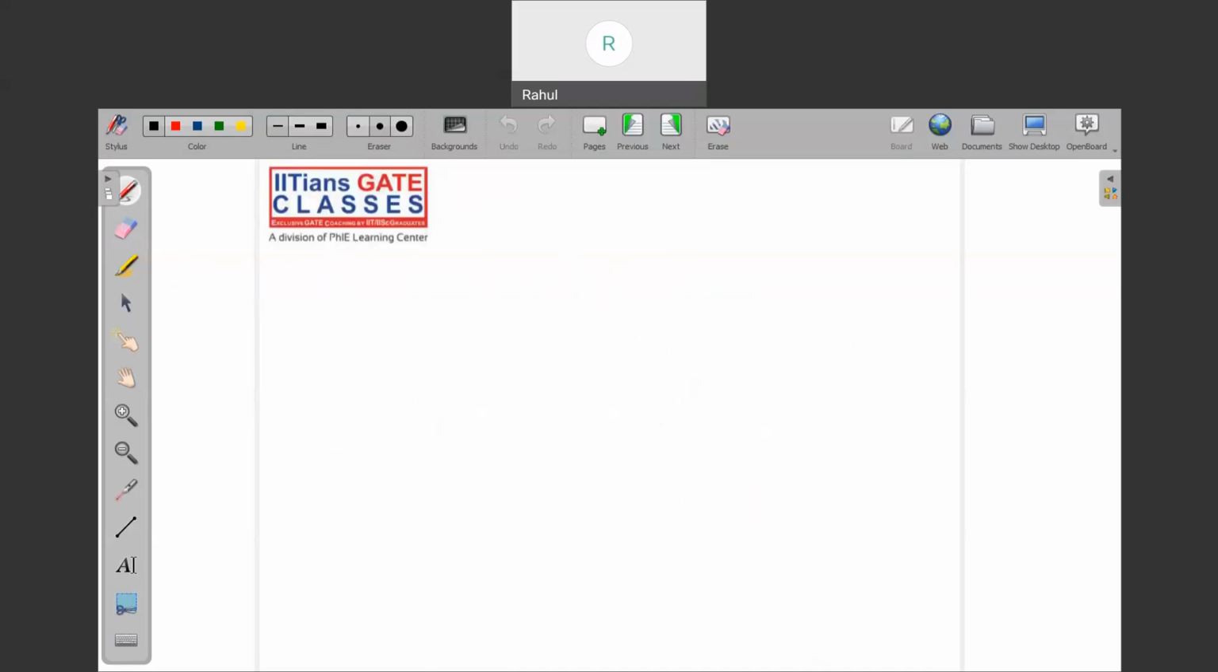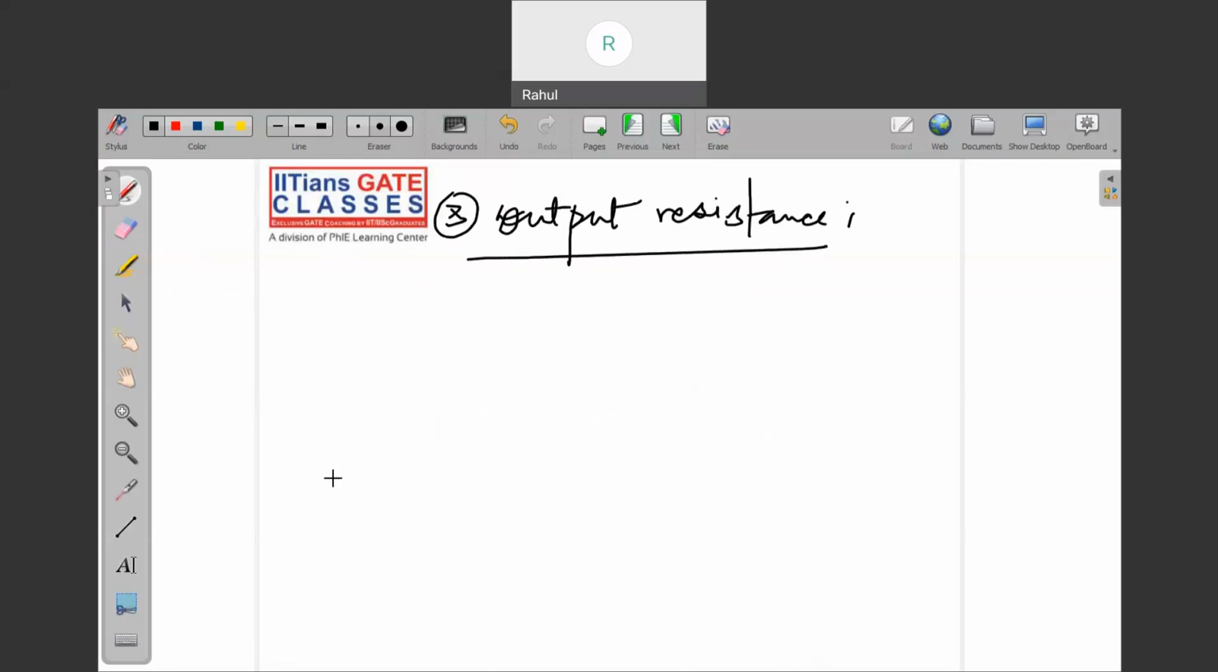And the third one is the output resistance. What is the meaning of output resistance? It is zero or low, you can say. If somebody asks what the advantage of having zero output resistance in an ideal op amp is,